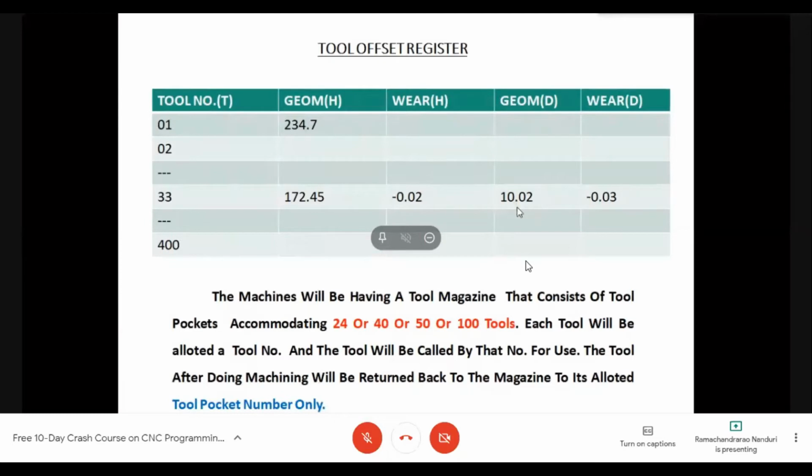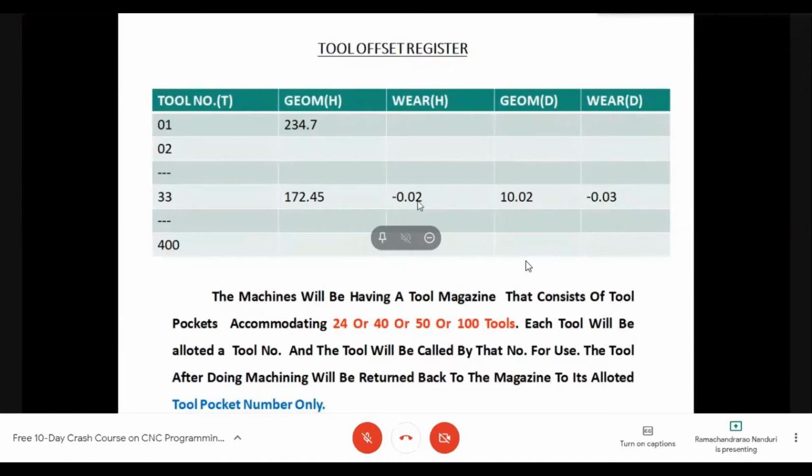As regards wear H and wear D, wear H stands for the error in the measurement of the length of the tool, and that has been given as minus 0.02. That means the effective length of the tool is 172.45 minus 0.02, and that comes to 172.43. This calculation will be done by the computer, and accordingly 172.43 will be taken as the effective tool compensation when the tool is inserted into the spindle and executing the cutting actions.